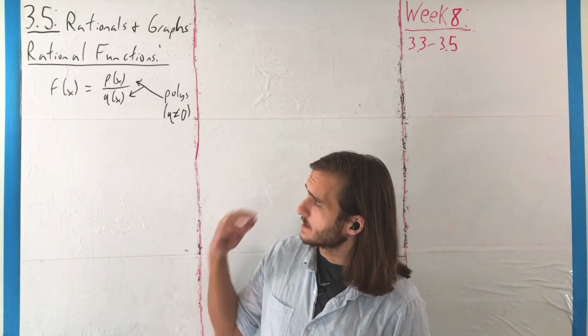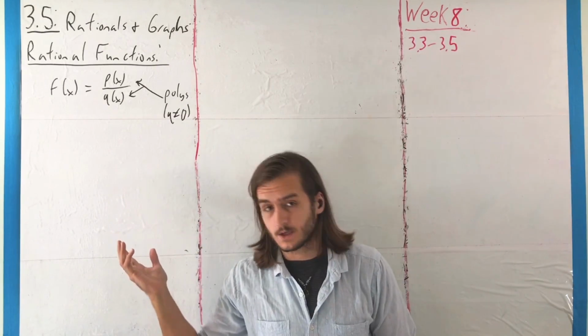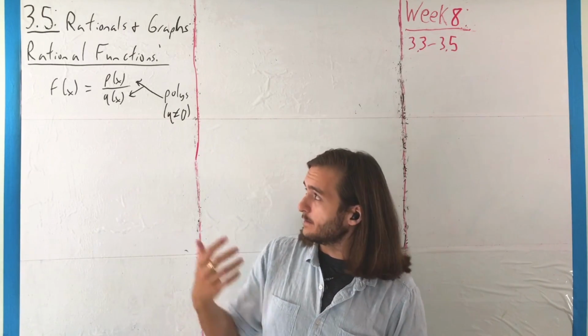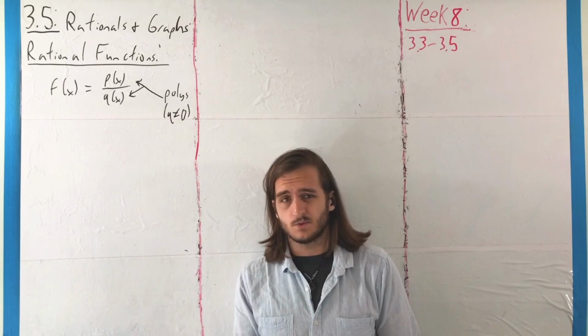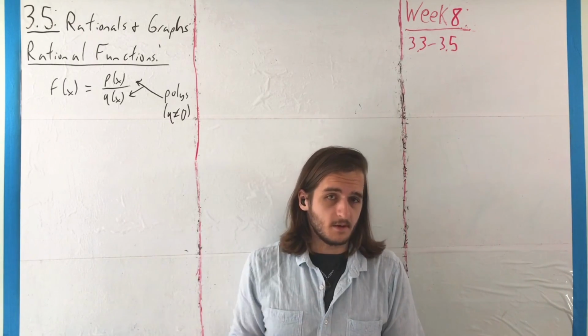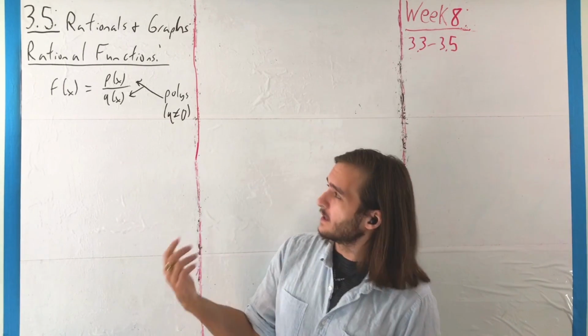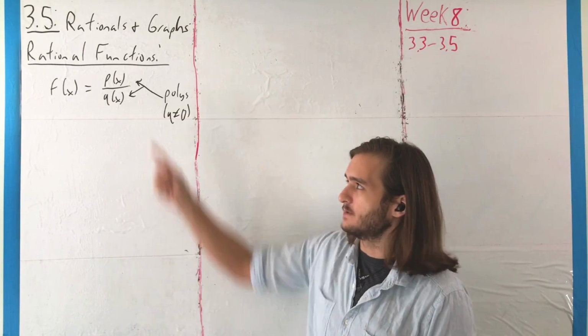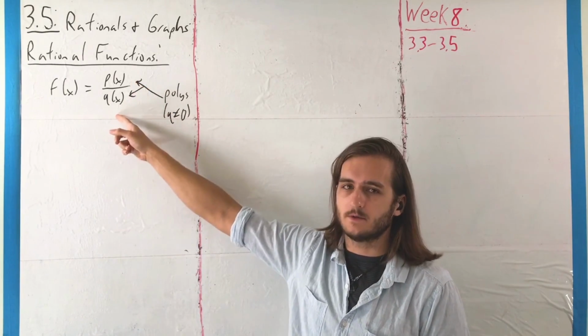So moving on into our last section for the week, we're going to be talking here about rational functions, which we've seen bits and pieces of already. We just didn't properly define them in this way. When we talked about things with long division, we probably even wrote expressions that end up looking a lot like rational functions. But really all a rational function is just a polynomial on top of another polynomial